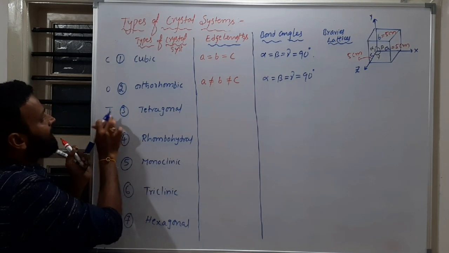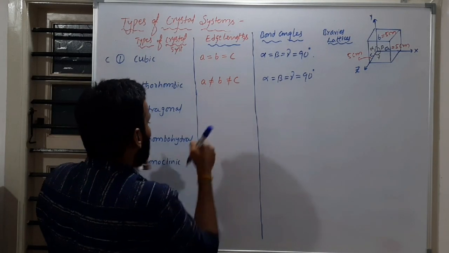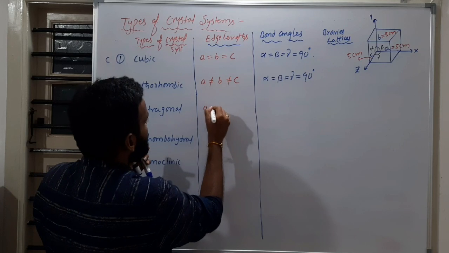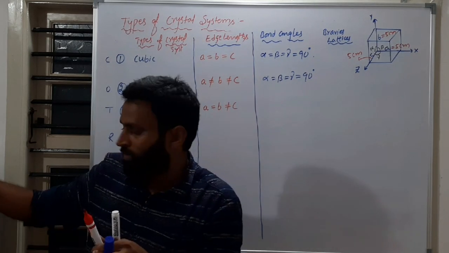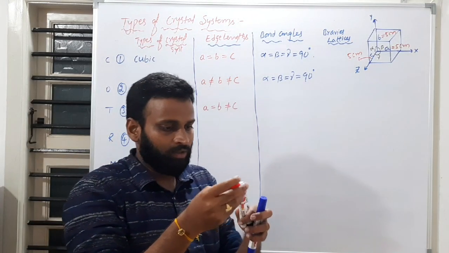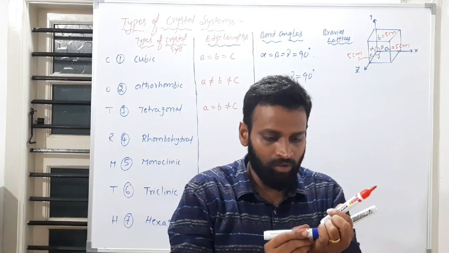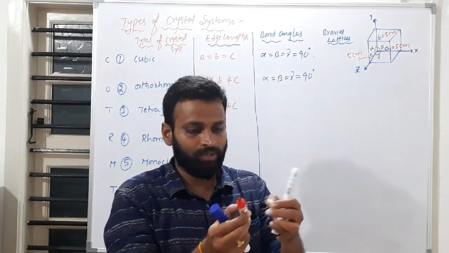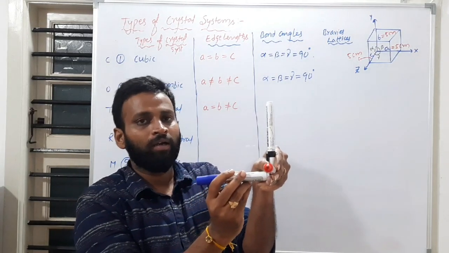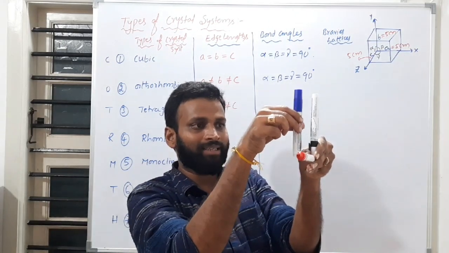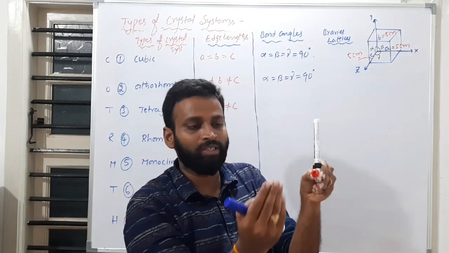Now T means tetragonal. In tetragonal, what I'll do, A is equal to B, but not equal to C. So what I am doing now, I am doing like this. Otherwise, I'll shorten like this. Now, this A length is also the same, B also the same. Now, what happened? This A length and this B length are the same, but this one is different. So C was a different length, means it was shortened.